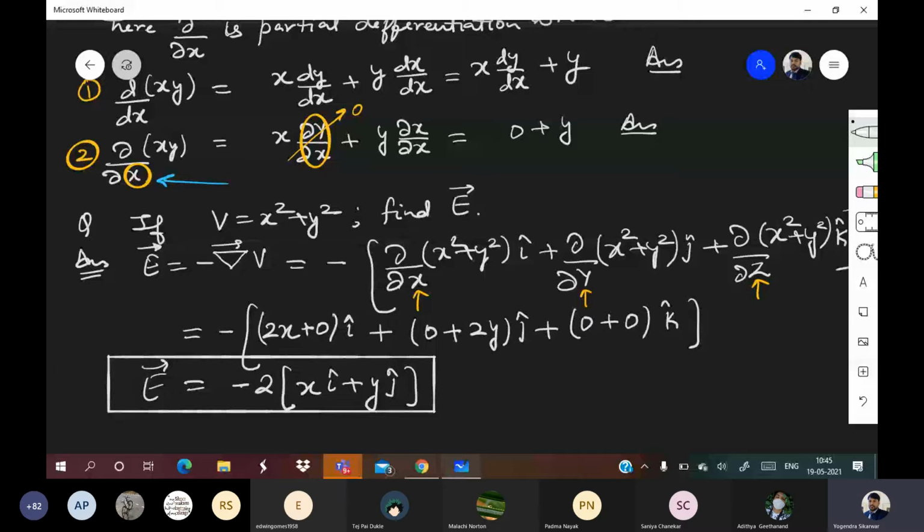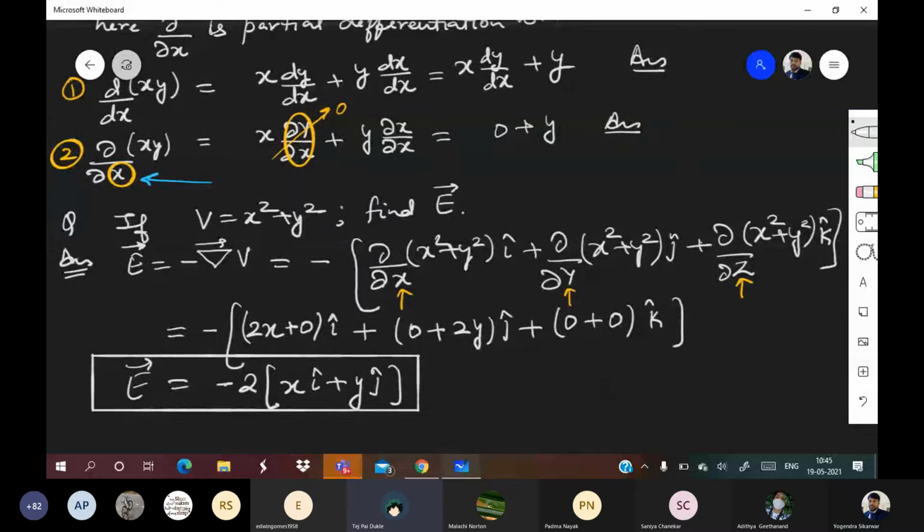Okay, somebody was saying something. Please go ahead. Could you please explain which two terms you have taken as the variable in the third case? In the third case, if you have z to be differentiated, then it will be treated as variable. Otherwise, everything else is constant. So x is constant, it has become 0. y is constant, its differentiation became 0. Understood? Yes, sir.